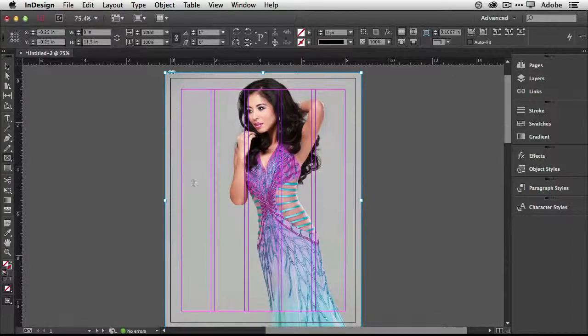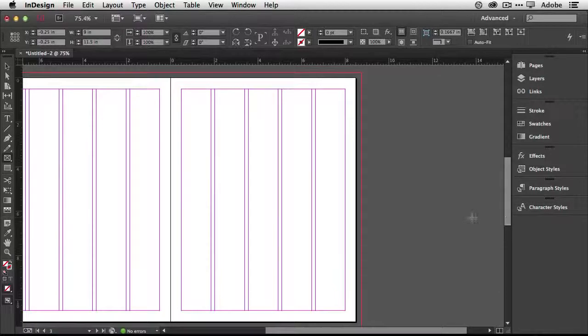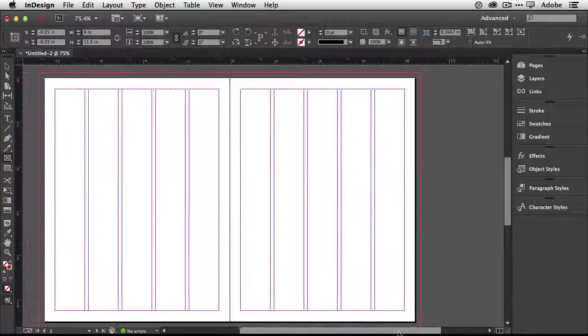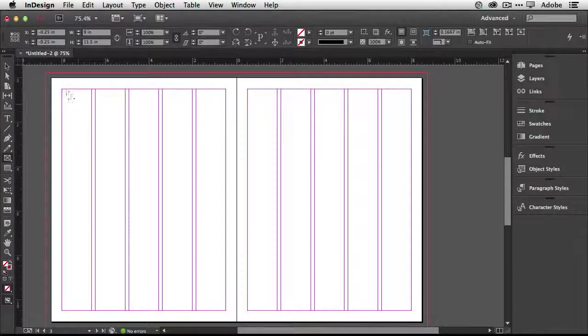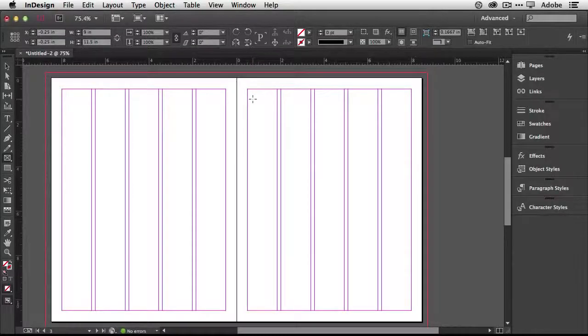Because again, we're going to put text here, we're going to do all kinds of things, but let's deal with images first. So let's go ahead and go down to our next page, which we're just going to scroll over to pages 2 and 3. And now on page 2, I want to place 3 images here. But I'm tired of the back and forth. I don't want to keep bouncing back and forth between Bridge and